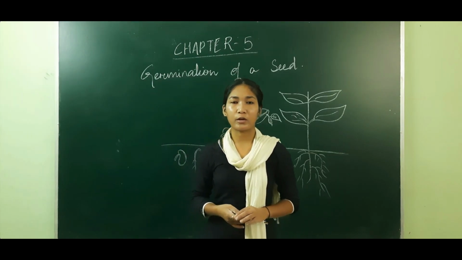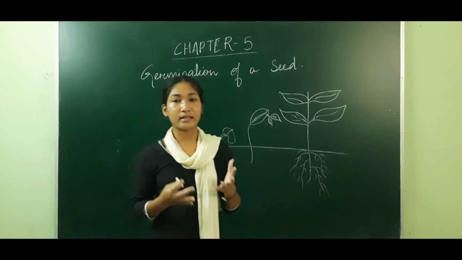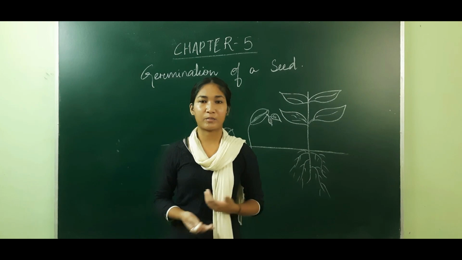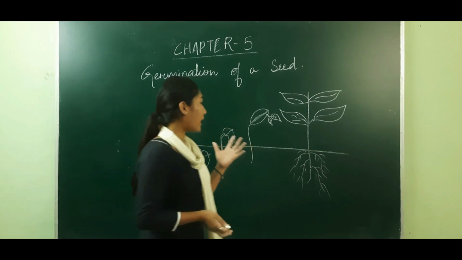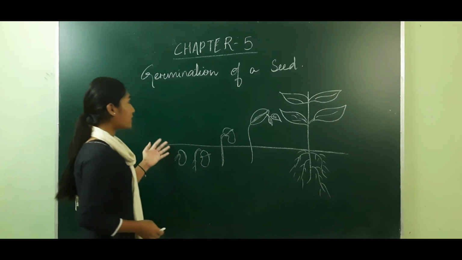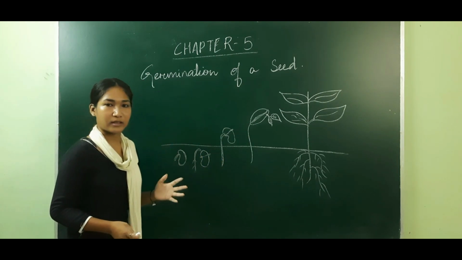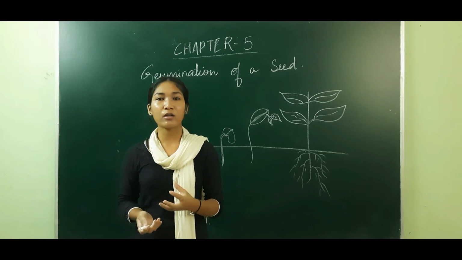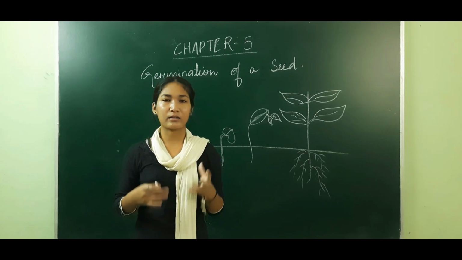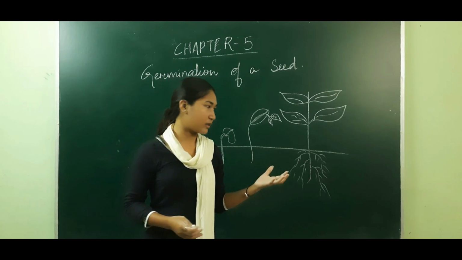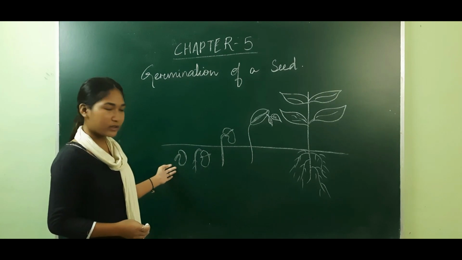As I said before, after sowing the seed inside the ground, it is provided with proper air, proper water, and proper temperature. So it helps the seed to grow properly. So this is the process of germination of seed. And if you wonder what germination is, it is the growing of a baby plant. Okay, growing of a baby plant from a seed is known as germination. So this is the process of germination.